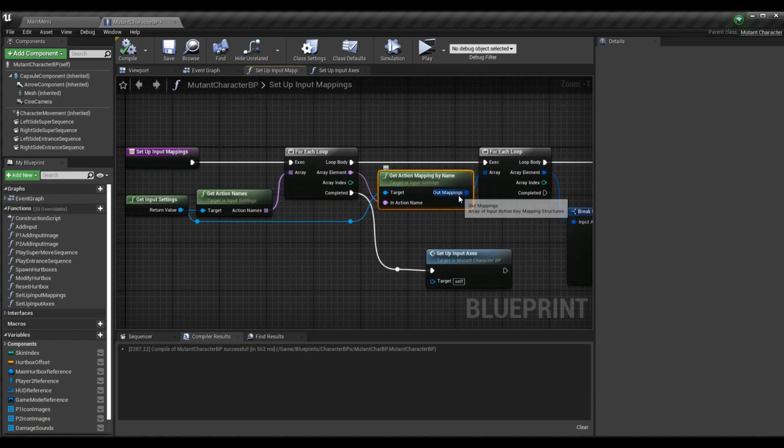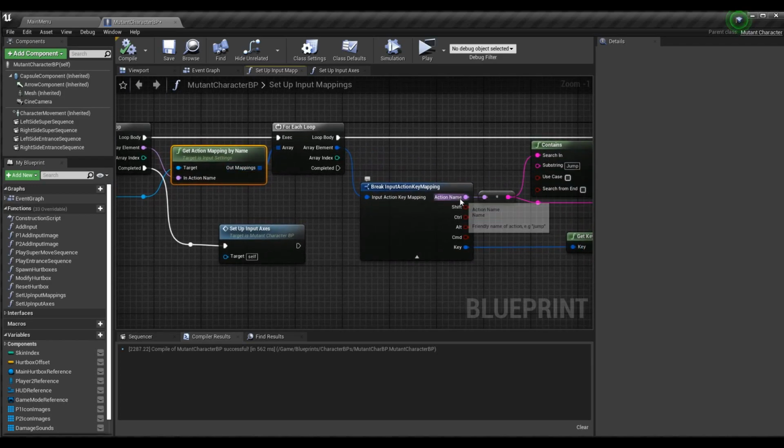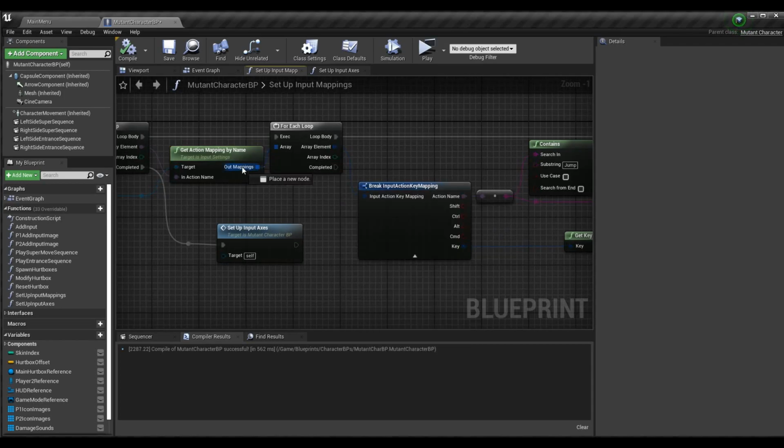And then get action by name returns the input action key mapping structure. That's the actual key with all the information about it. So it's got the name and the key that is required to press it. It's not just a key, it will work with buttons like on a gamepad too. It's just called the key. And then these are all the things like if you have to press Shift, Control, Alt, or Command with this to perform this action. So loop through the return of the get action mapping by name,